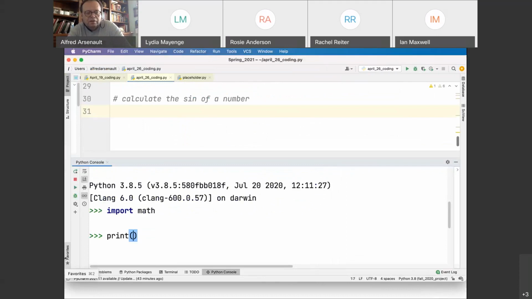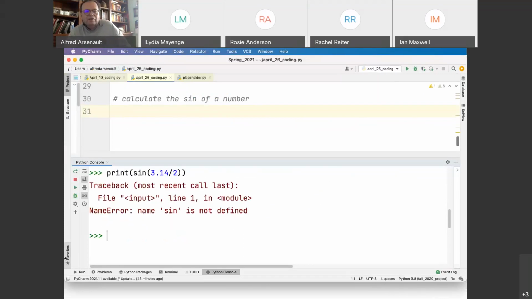Now, print the sine of 3.14, being pi over 2. First off, I'm going to get an error, because sine is not defined. Once I did import math, the basic import from the slide, I have to tell Python I want sine from the math routine. So I have to say print